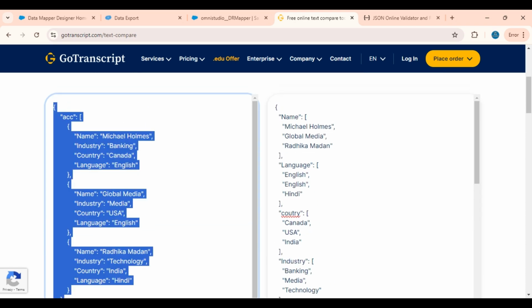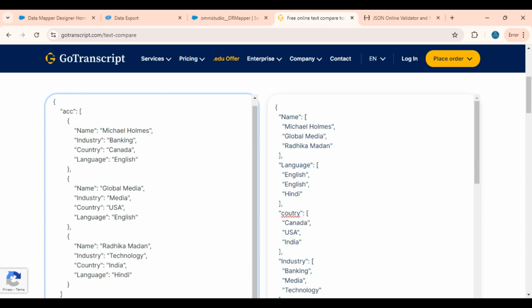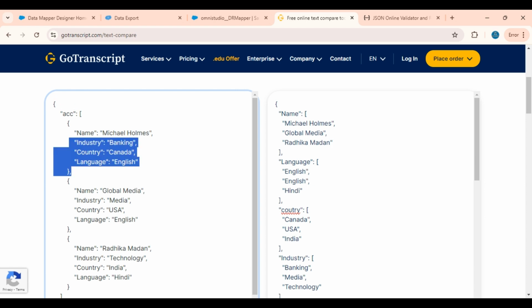transform data mapper. If you see, this ACC property is having an array of records, okay, and each record is having the name, industry, country, language. Okay, these four properties are there. For each property there is a value here. And in this example